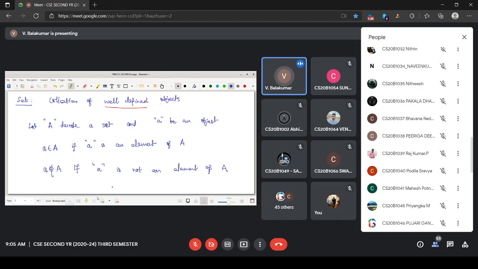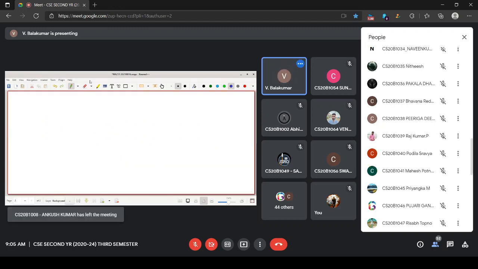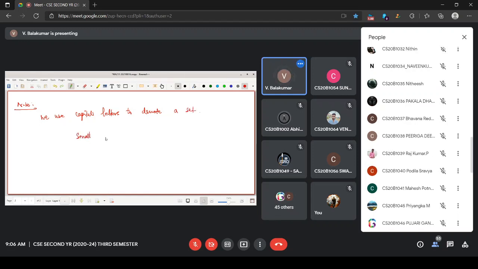And what we observed is that it is just a writing style. Note we use capital letters to denote a set. Set we defined already. Small letters or little letters to denote an element of a set.